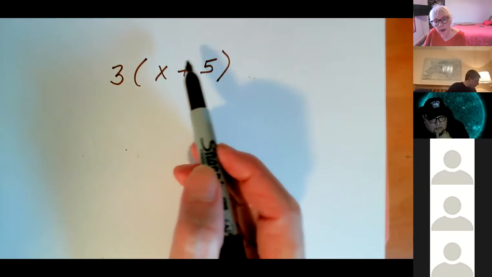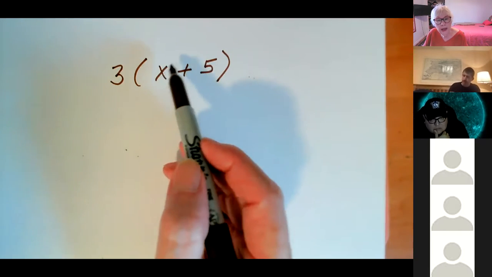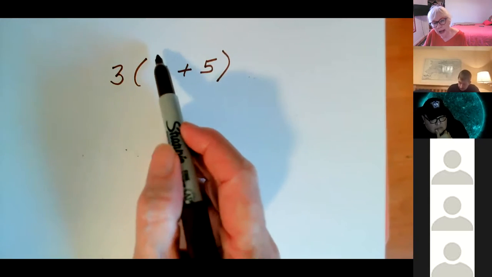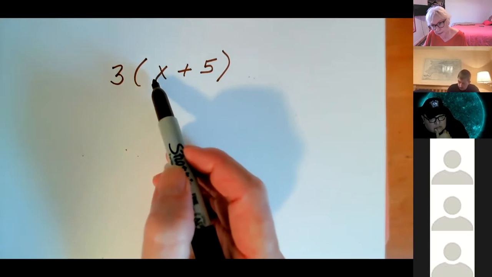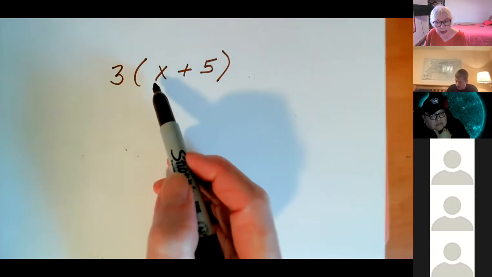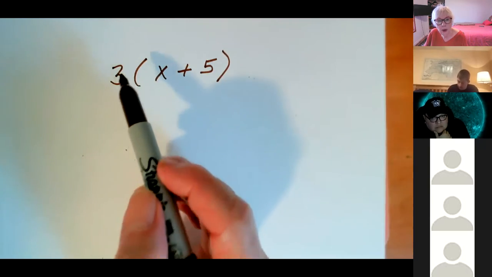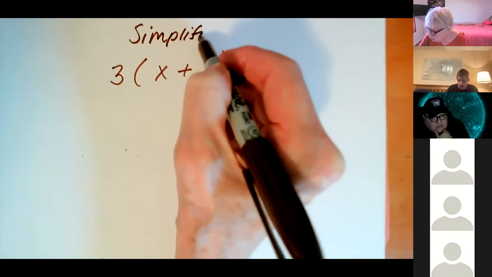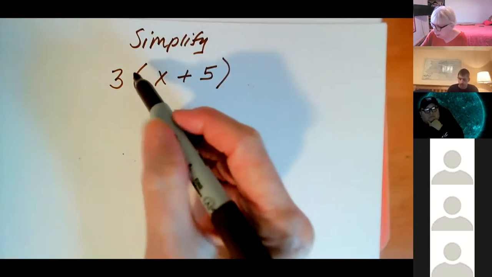If it was possible to add these 2, then you could, and then multiply by 3. The trouble is we have absolutely no idea what X is. It's a number and we don't know it, and we may never know it. And so the one thing we can do, if the instruction said simplify, and that's what it would say,